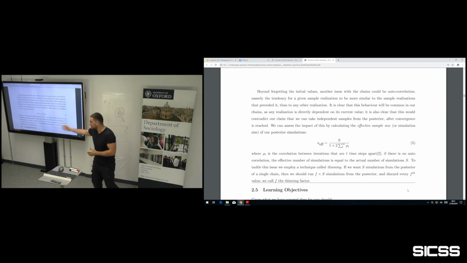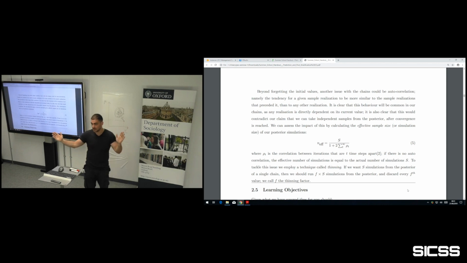And so if you do 100 runs of your Gibbs sampler, and you think that you have reached convergence, your effective sample size should be 100. But often what you find is that you do 1,000 rounds of your Gibbs sampler, and you think you've reached convergence, but then you look at the effective sample size and it's like 28, which means that your values are